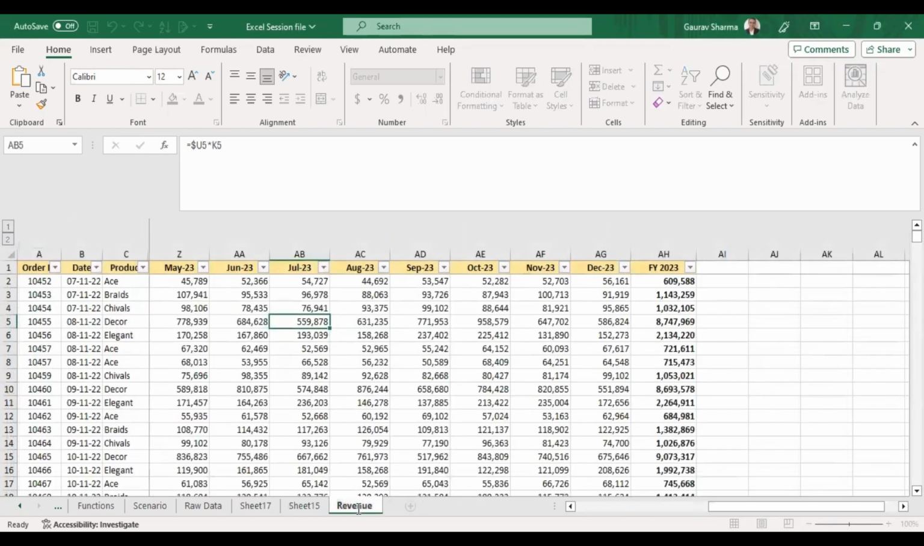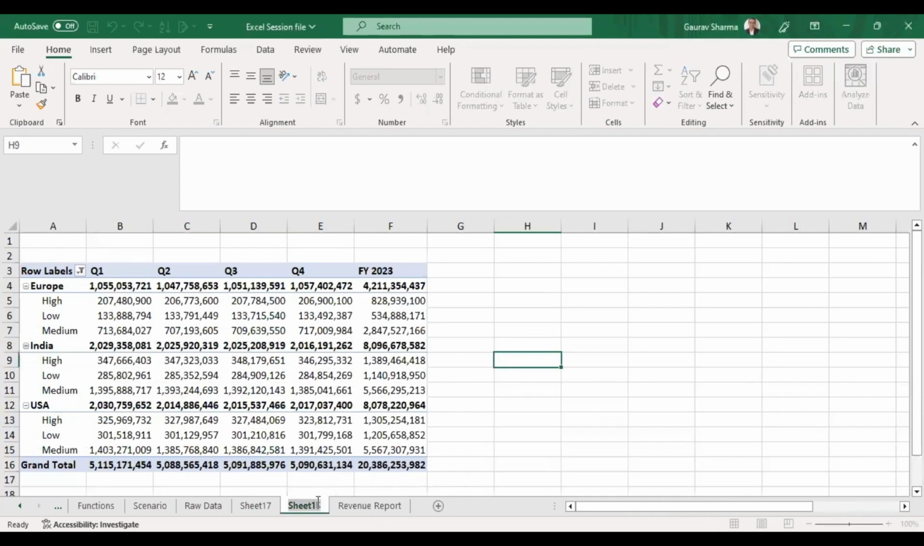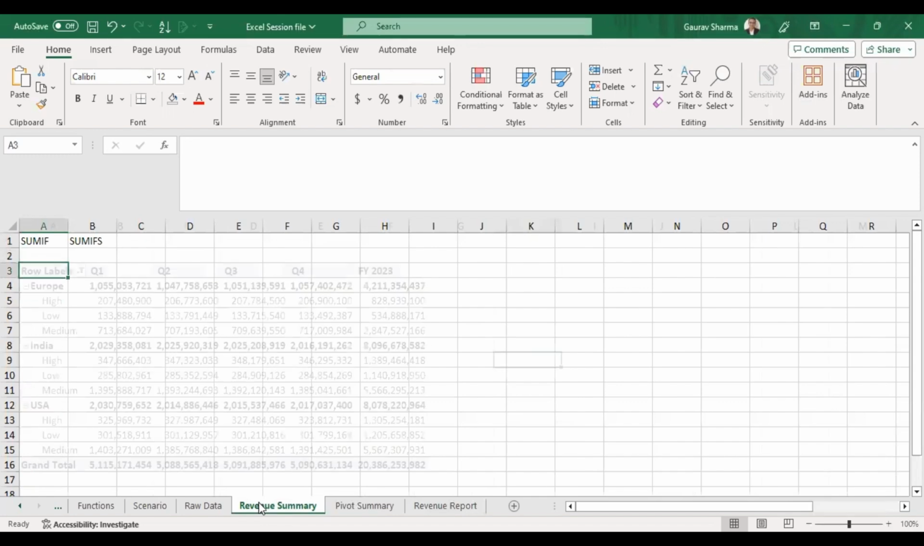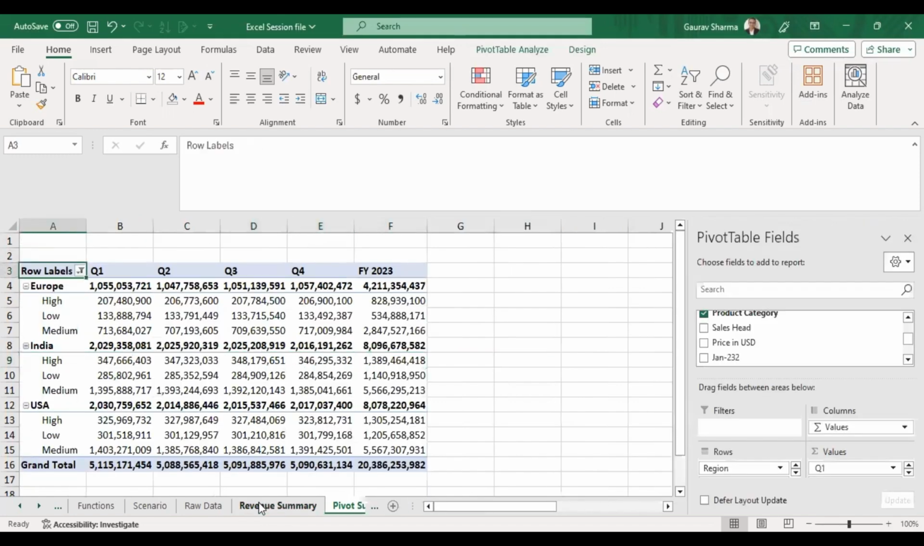Let's call it revenue code. I'll call it what, sorry, this is revenue summary. Now, SUMIF or SUMIFS formula. These two formulas I will be showing here. So it's pretty much the same, just like here